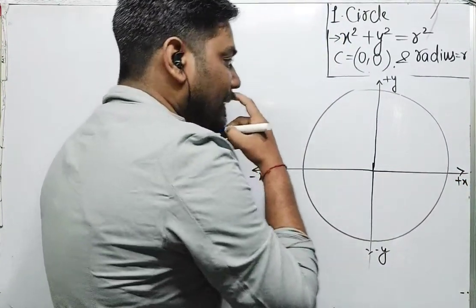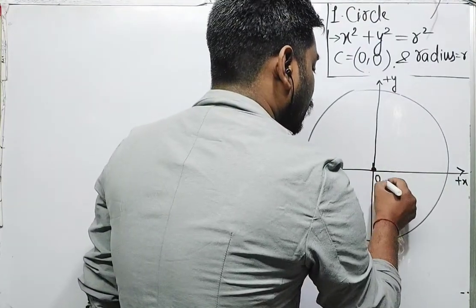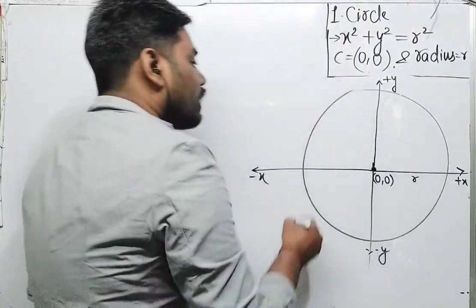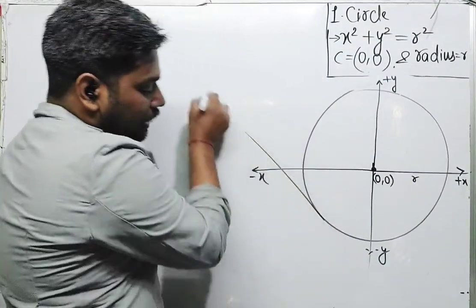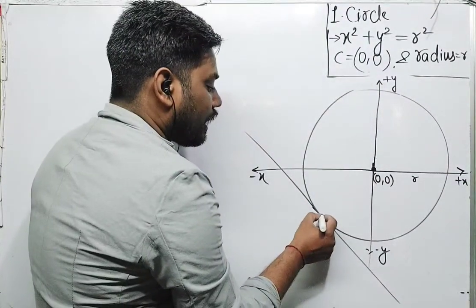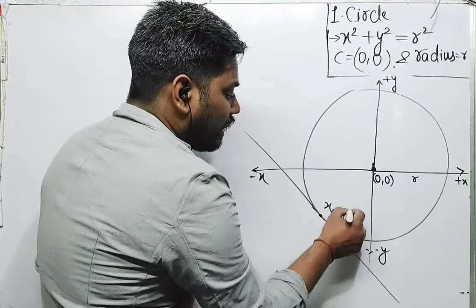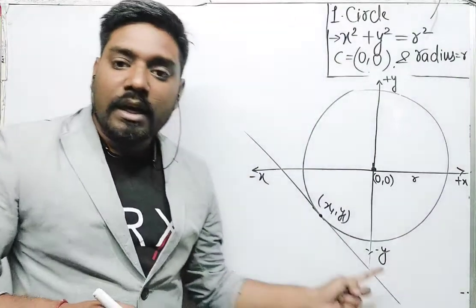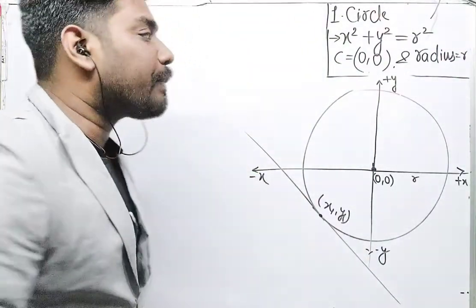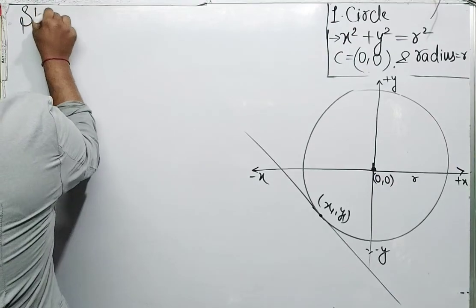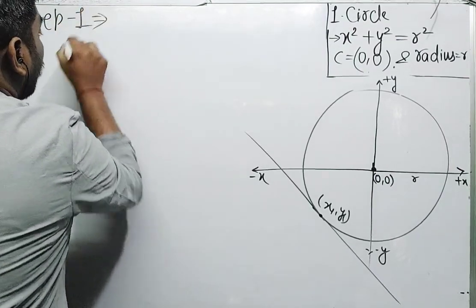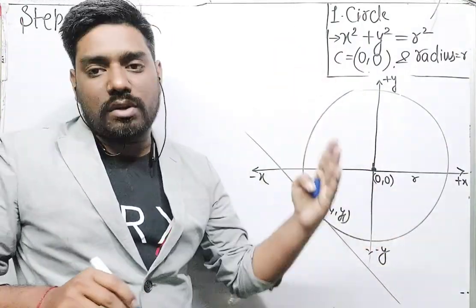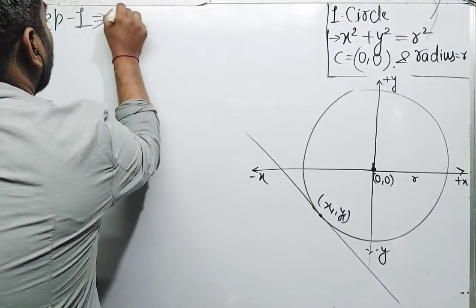In this case this is the center, which is your origin. Now this is your radius. Understood? Now just take a tangent on it and let's take the general point, you can say x1 comma y1. So we have to find the equation of this tangent. Now step number one. The same steps will be repeated in case of ellipse, parabola or hyperbola. Understood? Now step number one, find the slope